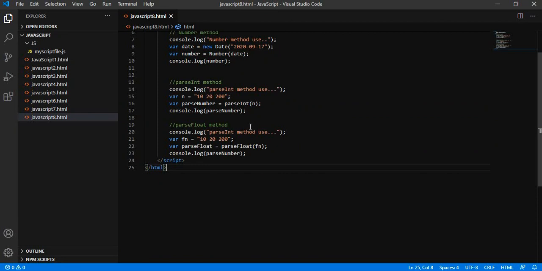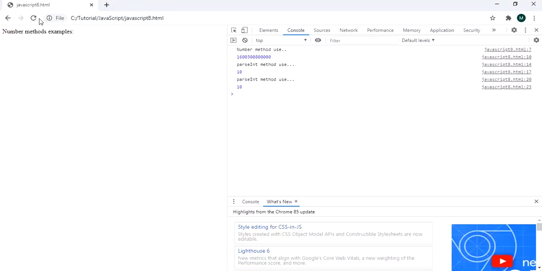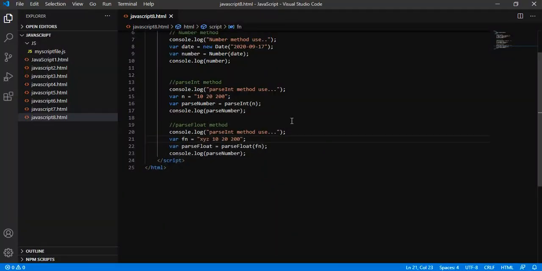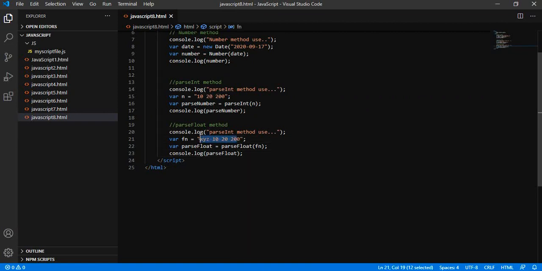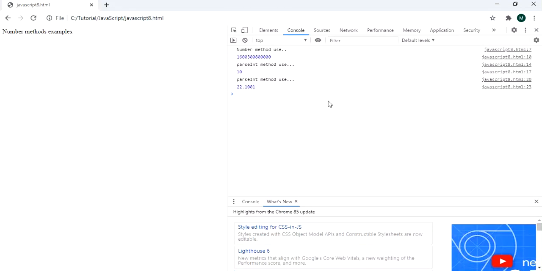And when I give some string value after the number, it is printing not a number. So that's all about parseFloat.